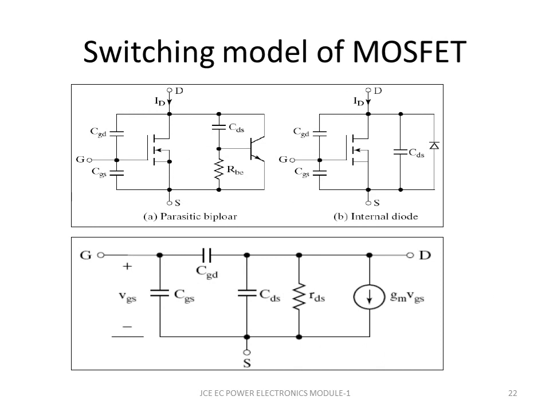Now coming to the switching model of the MOSFET, you can compare it with the BJT. You have the drain, the source and the gate. You have the gate-drain junction capacitor, this is your gate-source junction capacitor, and also we have the VDS capacitor between drain and source. This is the RBE, and this is basically the parasitic bipolar, and this is the internal diode connection, and this actually forms the switching model of the MOSFET.